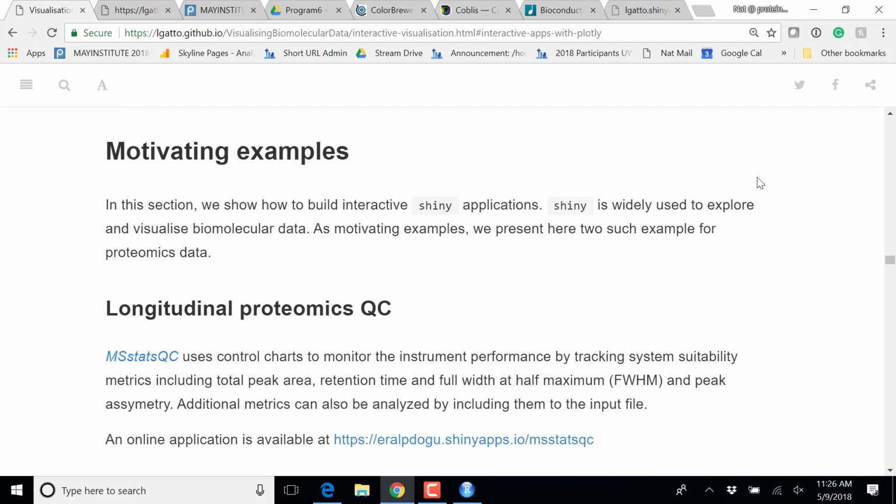So this MSStats QC is one example of the Shiny infrastructure in R that provides an application for mass spectrometry proteomics. And the term QC here is for quality control. So this application focuses on quality control, and especially for experiments that have a long running time and have many replicates. So what is important in these experiments is to make sure that the measurement system, which is the instrument and also the sample process, works perfectly. And